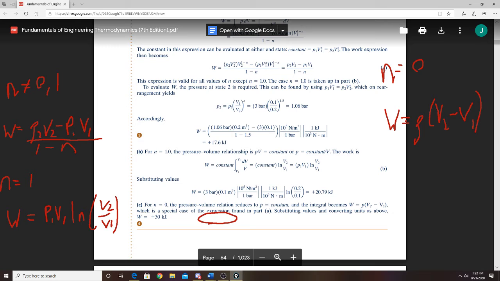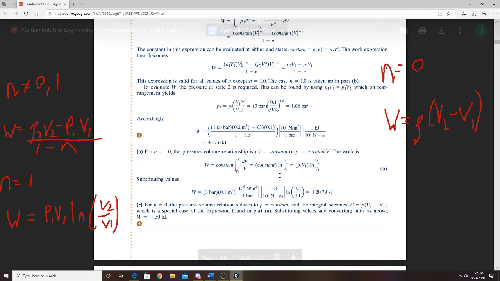And then you can see this example applies for all the other ones. Once again, this one was the one where n equals 1. We then plugged the exact same thing into here, which is that first equation, right here. So pressure 1, volume 1 times the natural log of volume 2 over volume 1, which is what they did here. Pressure 1, volume 1, and then they did some conversions